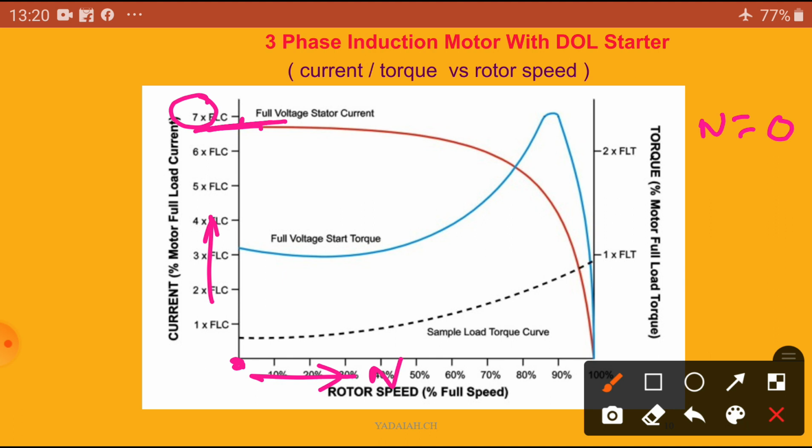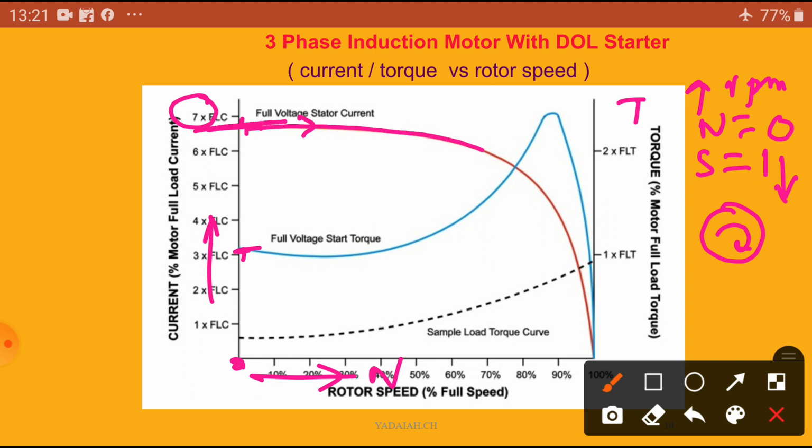Due to this current, it produces a torque, the starting torque, at full voltage. Due to this torque, our rotor will try to rotate. Initially slip is equal to 1. If N increases, then automatically the slip value decreases. Based on this, the current value decreases up to nearly 70% of the speed.